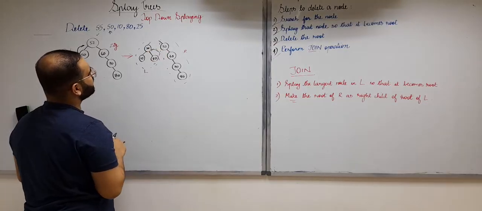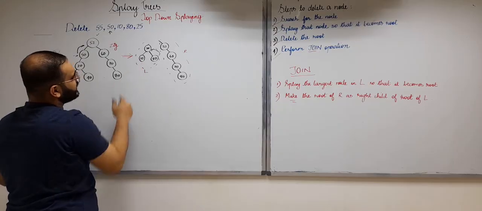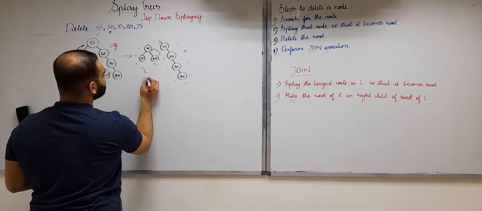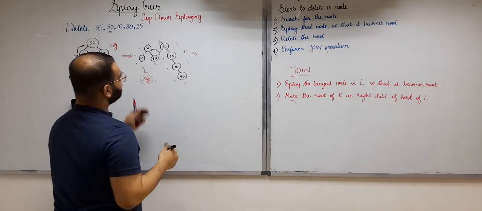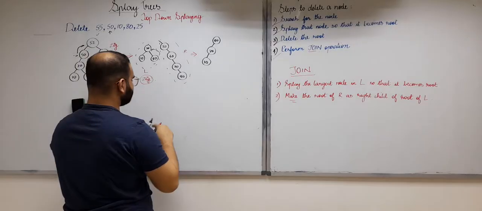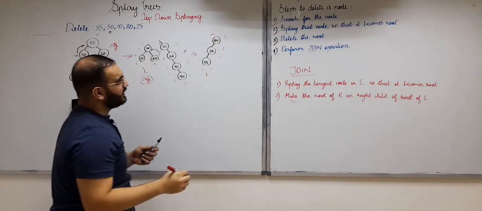So which operation will we perform over here? Because in this left subtree, there is no grandparent of 40, our job can be done by just performing the zig operation. So we do a left rotation, and then this will be our new left subtree, right? This is not my entire splay tree. This is the left subtree, right?